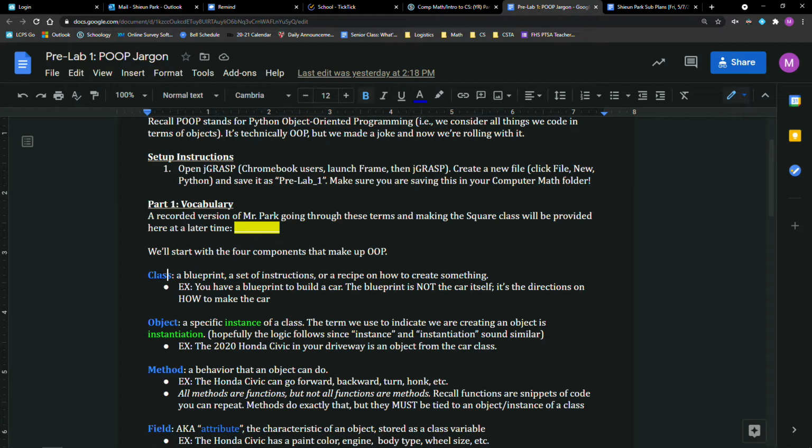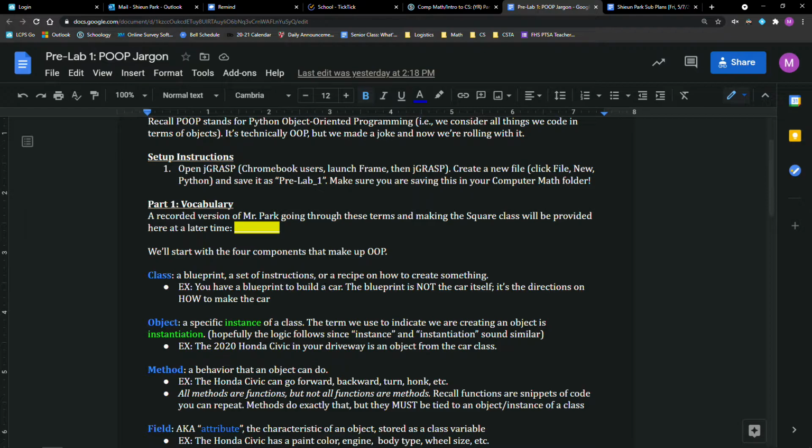So the first part is the idea of a class. It's a blueprint, it's a set of instructions, it's a recipe on how to build something, how to create something, how to make an entity exist. The example I give you here is about a car. All the major car producers, right? You got Toyota, you got Hyundai, which is technically part of Kia, I think. GM, Chevy, all those companies have factories that produce cars, right?